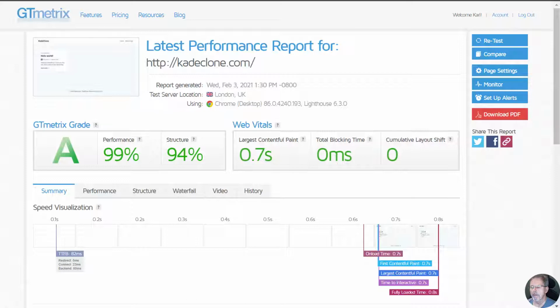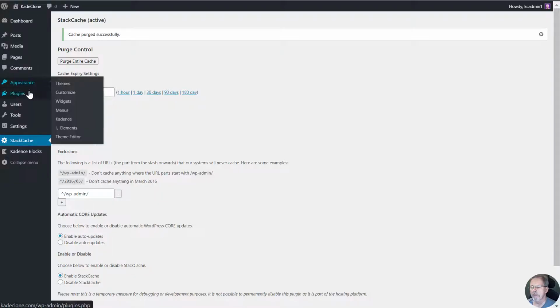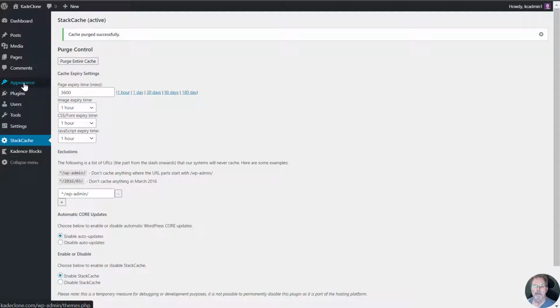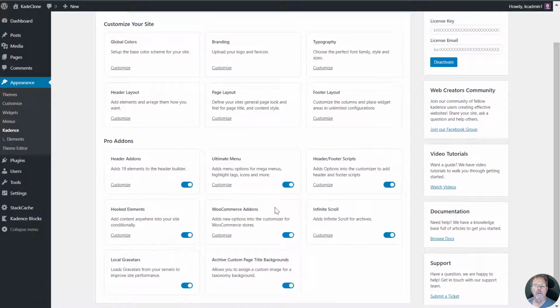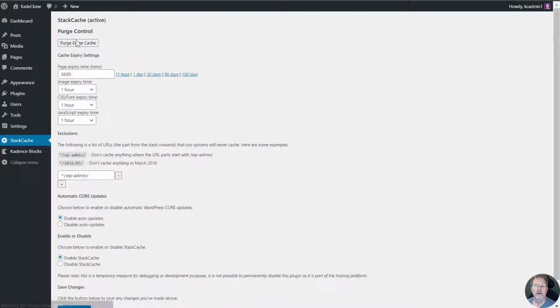So I did one small thing before we add on the site template. I activated the Kadence Pro add-ons. They were not activated before. I emptied the cache, or purged the cache,